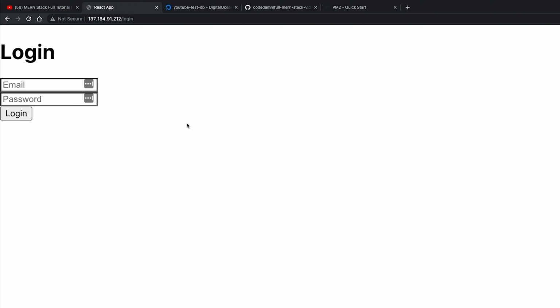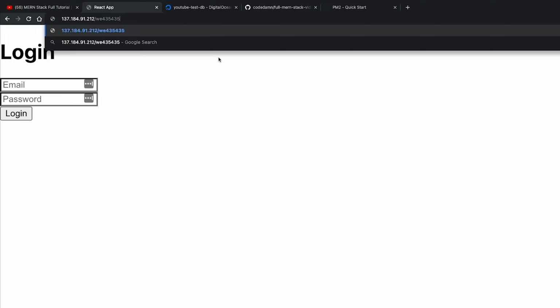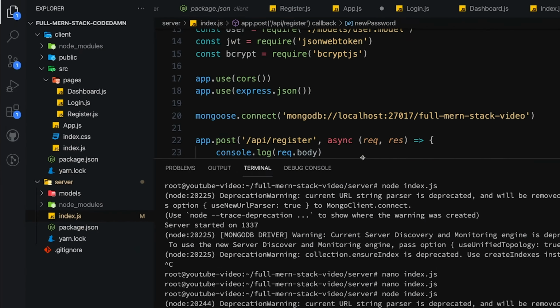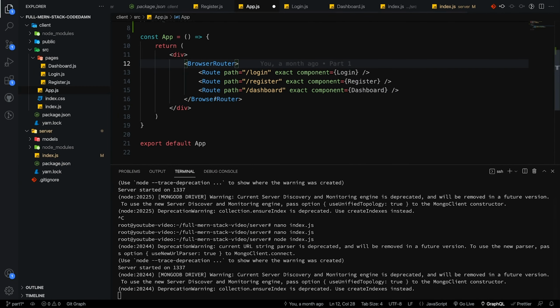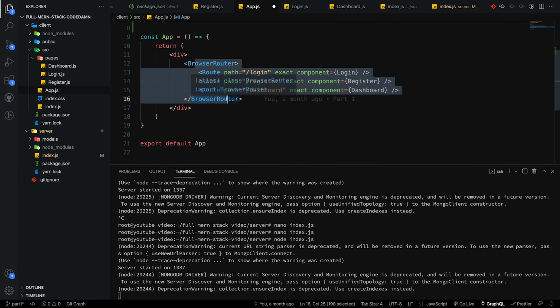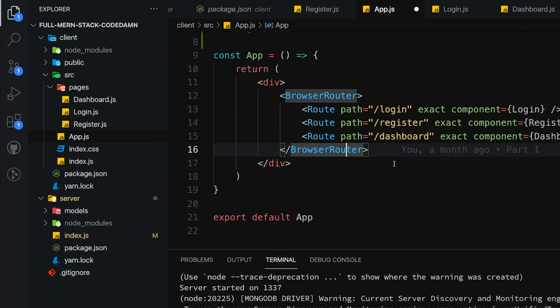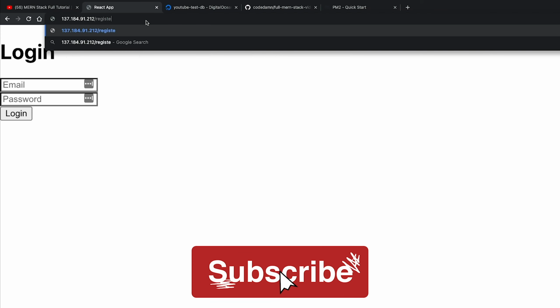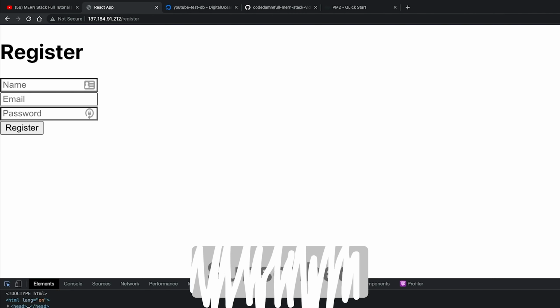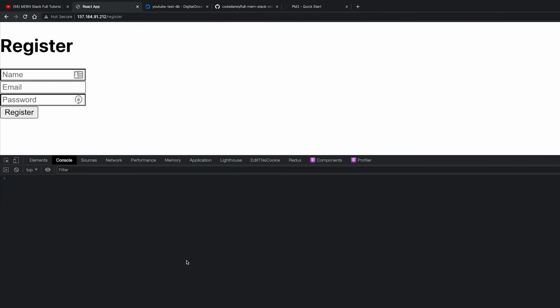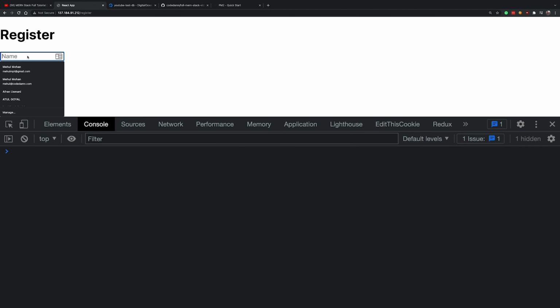So let's do it one more time and refresh the page, and let's see if that works. That definitely works, because now what's happening is that on every single route, we are technically just redirecting it to the React app. And this React app right here hits this area where it tries to guess that using the browser router. So we have defined it for login, we have defined it for registration, and we have defined it for dashboard. So let's go to register right here and open our debugger,